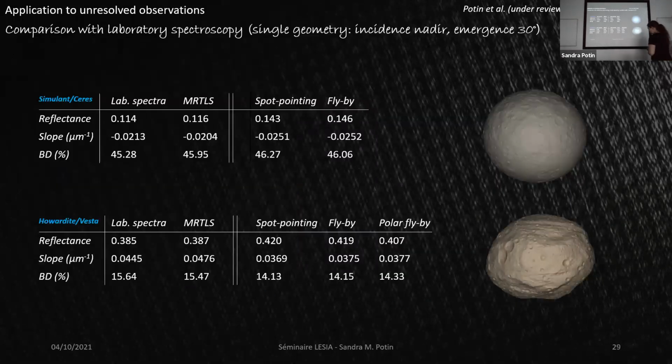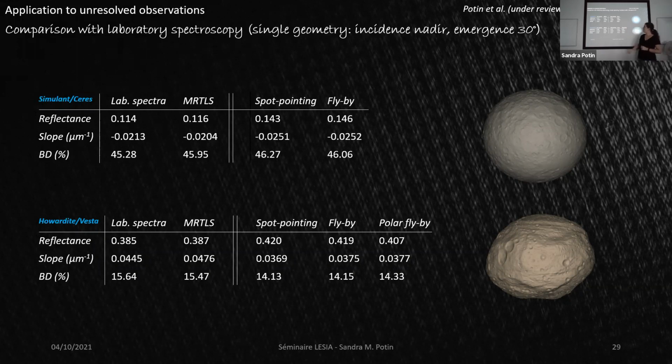Most of the time in the lab, when we cannot measure reflectance under different geometrical configurations, we take only one spectrum, generally at a phase angle of 30 degrees, because we are far from the opposition surge, and the spectrum has a reflectance of 1, so it's easier to compare. So in this slide, I compared the reflectance, spectral slope, and band depth of the 3 micrometer band measured in the laboratory under a single geometry, nadir illumination and 30 degrees of observation, and the simulation at a phase angle of 30 degrees, like we do most of the time when we compare observation and measurement.